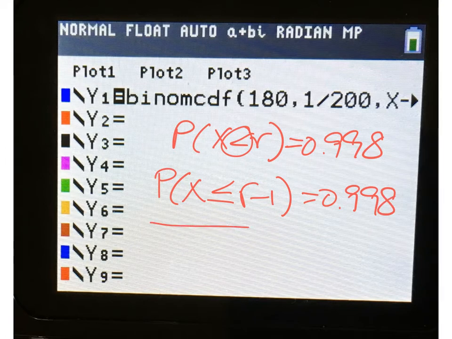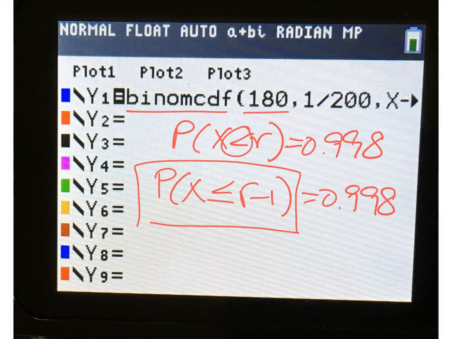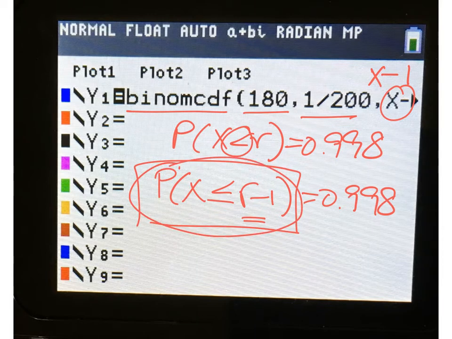Okay, and then this expression here can be entered into the GC by using the binomial CDF command. With the sample size 180, the probability of success in this case is 1 out of 200, and this value here basically is the r minus 1. So we're going to replace the r by X to enter into the GC. So this is actually X minus 1. This Y1 equation actually represents the expression for the probability of X less than or equal to r